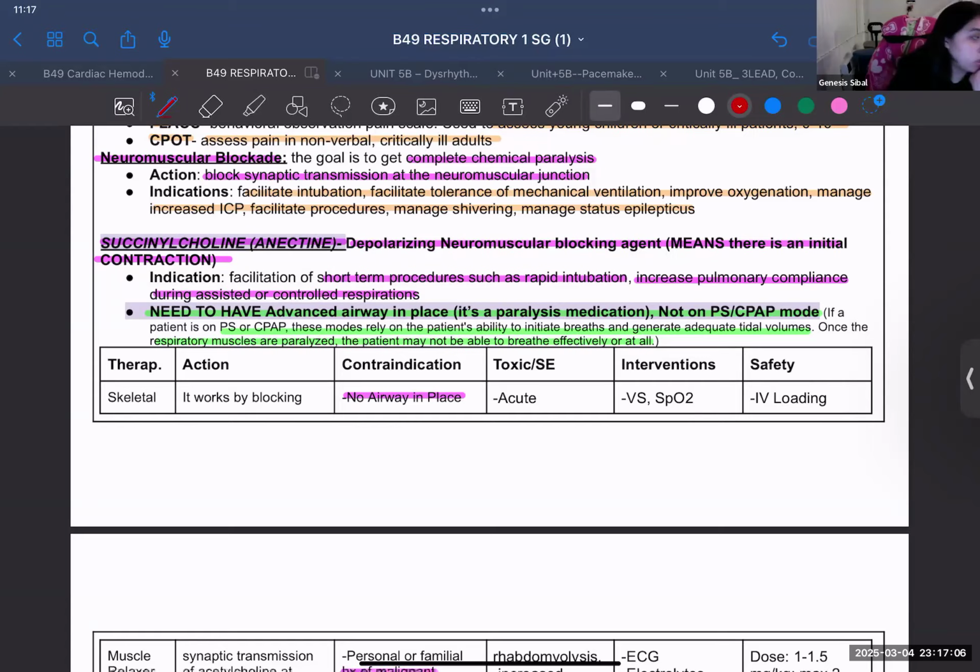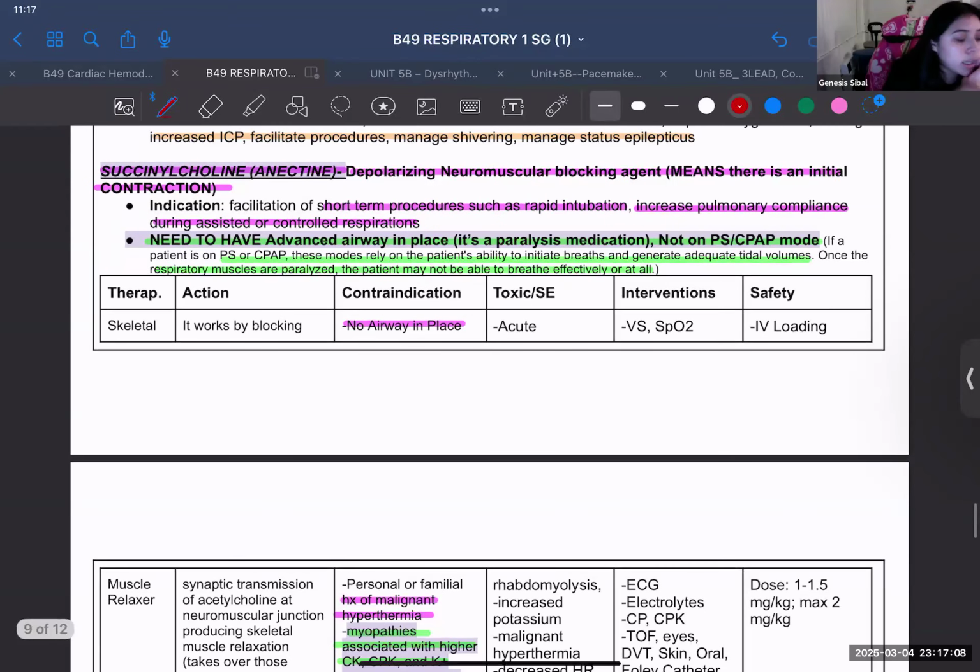So really the medication, what you need to know for this, it's just this medication, it's succinylcholine, that just sucks, right? So basically it's a depolarizing neuromuscular blocking agent. The difference, you don't have to know this, but again, I like to harp on every single little small thing, and I feel like it helped to understand a lot of the stuff that she asks. What's the difference between depolarizing versus non-depolarizing? Well, depolarizing just basically means there's an initial contraction.